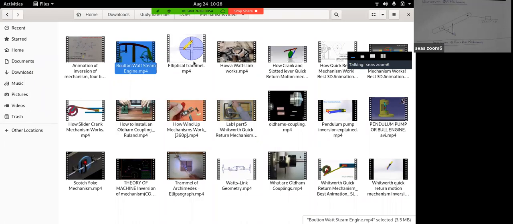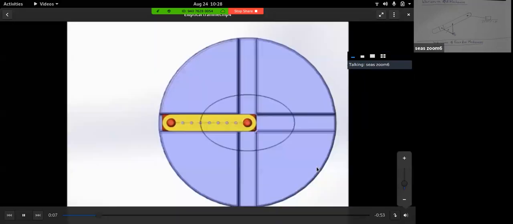And this mechanism is called elliptical trammel. Elliptical trammel, it rotates in such a way that any point on this link moves or creates a path of